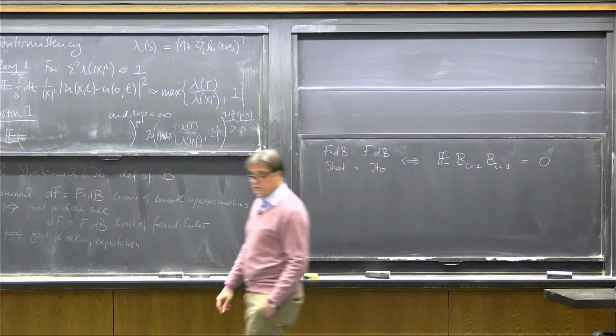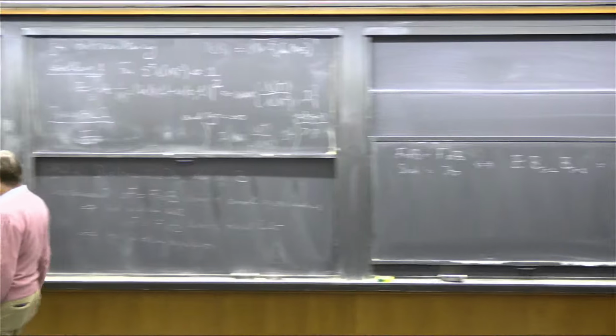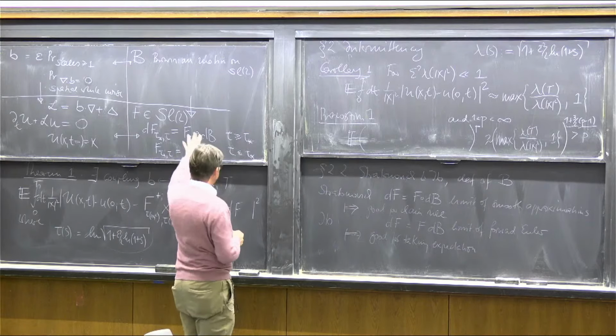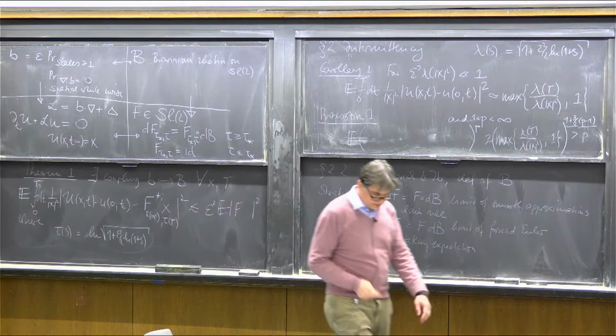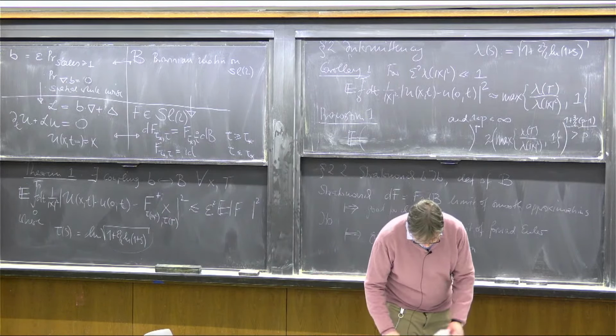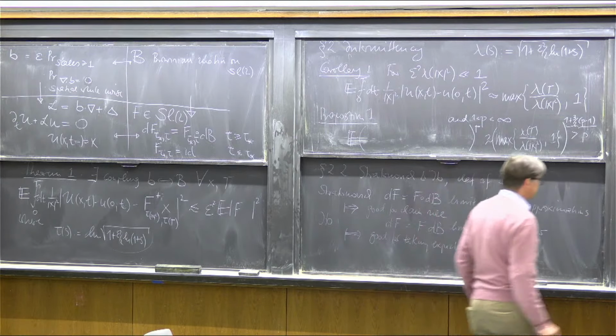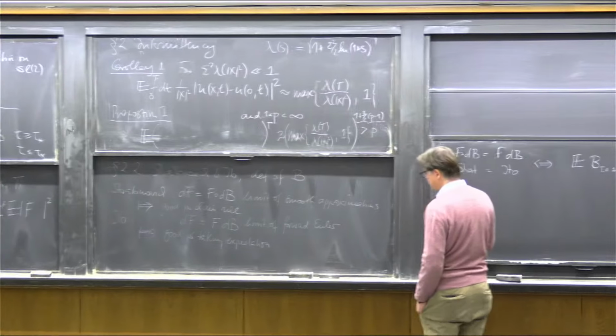So that's the condition which ensures that Ito is equal to Stratonovich. And so which already puts one constraint on this object. And now let's put the second constraint on the object,